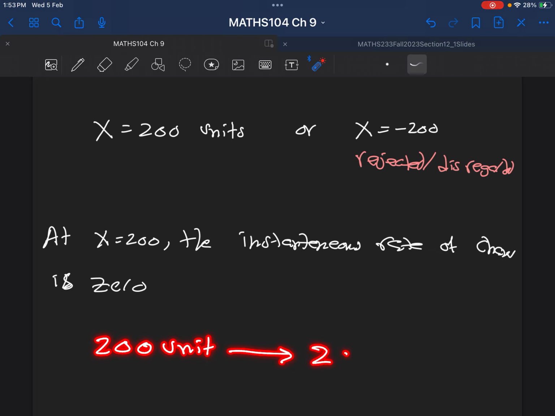It means when you reach 200 units and then you produce one more item, so you move from 200 to 201, the average cost would change almost 0. So it will not cost you anything if you just add one more item after the 200. And this could happen sometimes if you produce so many things, you can still reduce your cost because maybe the remaining material is there. It's a formula. So if you move from 200 to 201, your